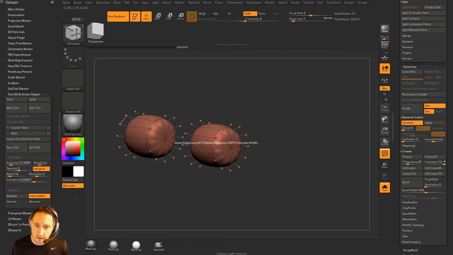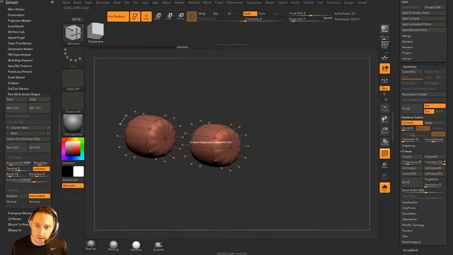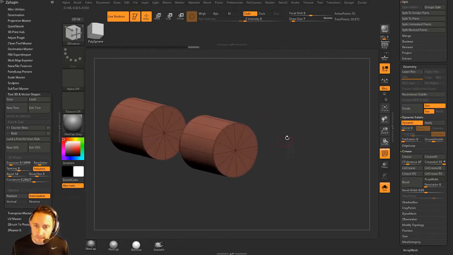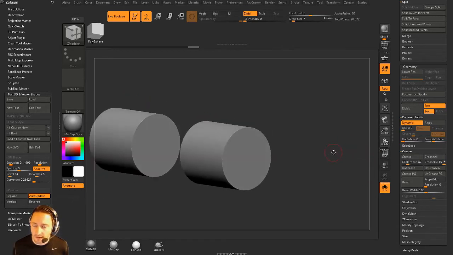You can manually go in here with your ZModeler brush, hover over an edge, and then do like crease edge loop complete, and you can just crease these. You can also go down here to the crease tolerance, drop that down, hit crease, and that'll go ahead and crease based on the normal angle threshold. So if we go out of polyframe mode, you can see this is the example or the result we're